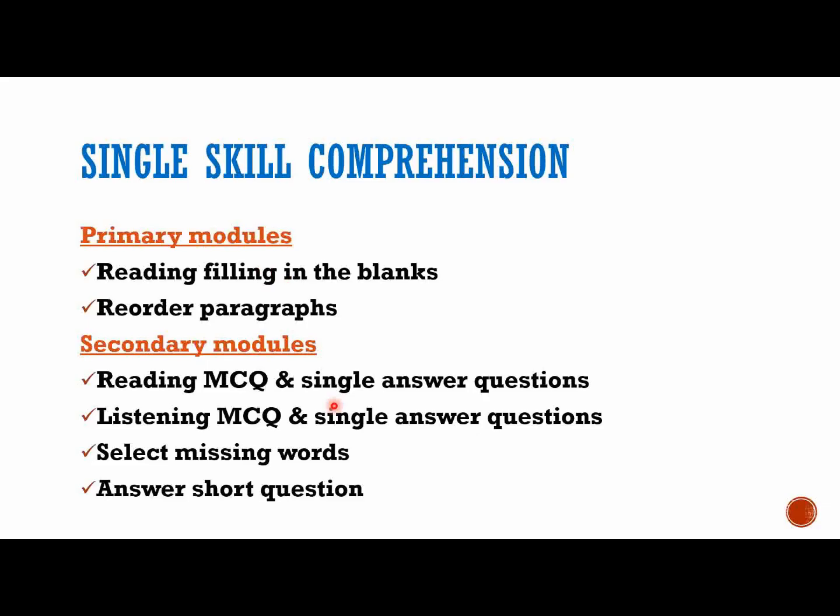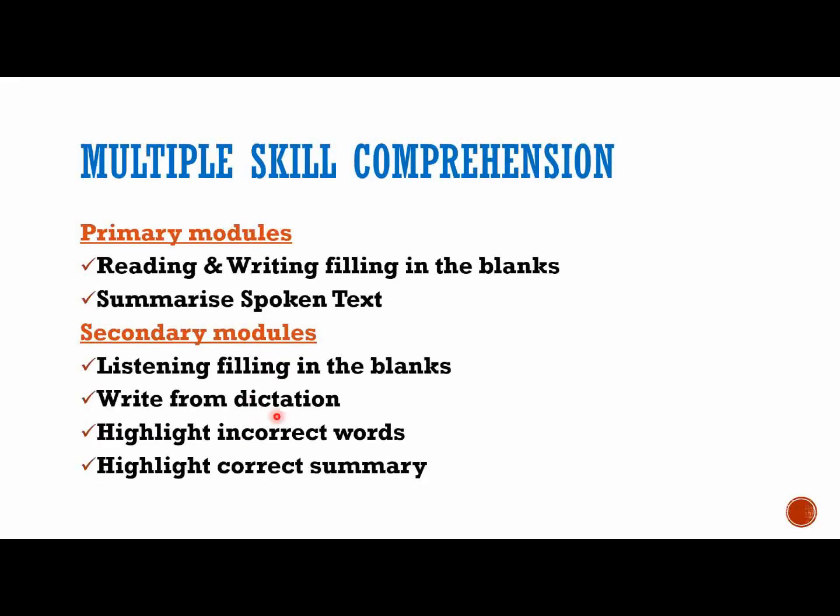So during practice you will check that this is the question and this is the way to attempt the question. During practice, if you see the question carefully, then you can attempt it in the final PTE exam also. So these two modules have negative marking, so just focus if you are doing things wrong. So these are the modules in which there is negative marking. Before that, highlight incorrect words also has negative marking. So if you choose a wrong option, then 1 point will be deducted for your correct option also. So just focus on the modules which have negative marking.